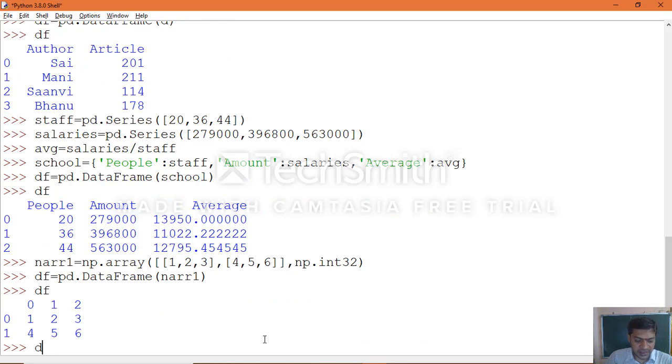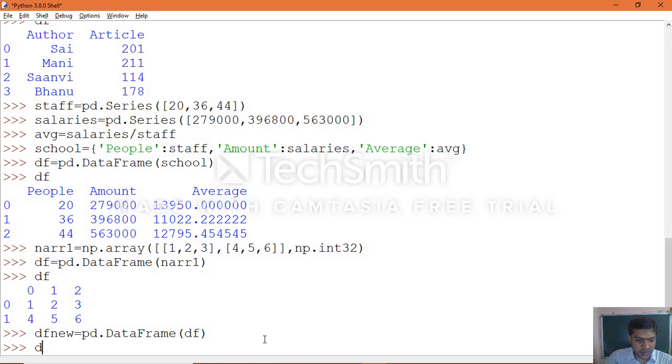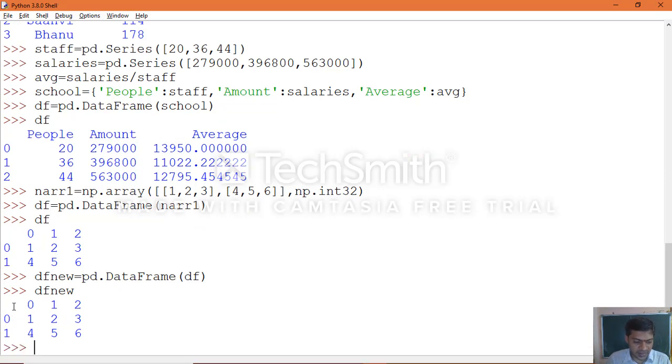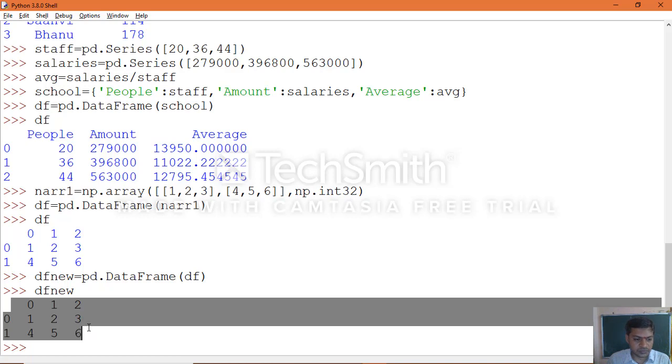Now again create a data frame df1, or df new, whatever the object name, a different object name, which you use for creating your data frame: pd dot DataFrame of, passing the data frame which we created earlier. So df new will print the identical values of that existing data frame. You can see there are other techniques which you can make use of.